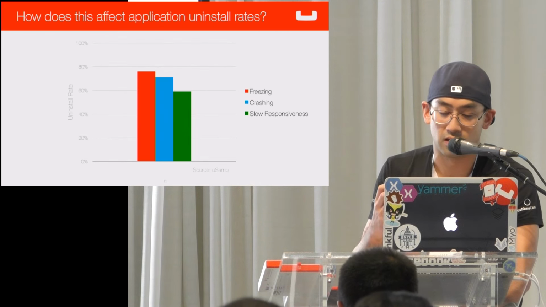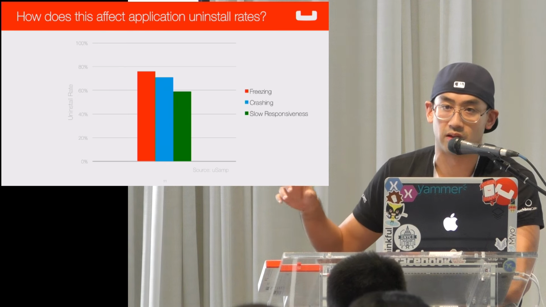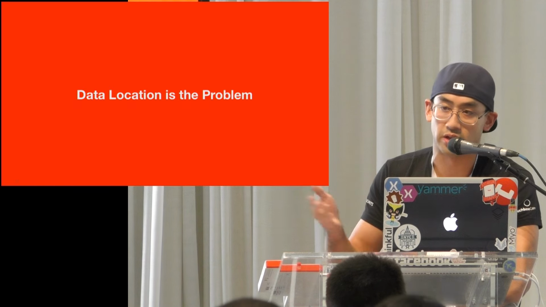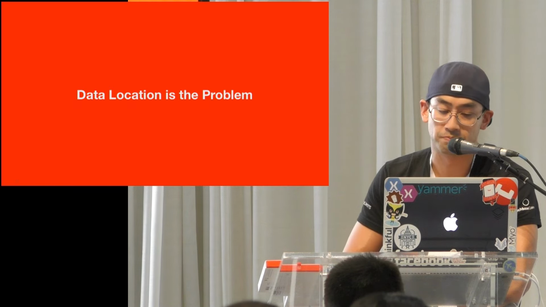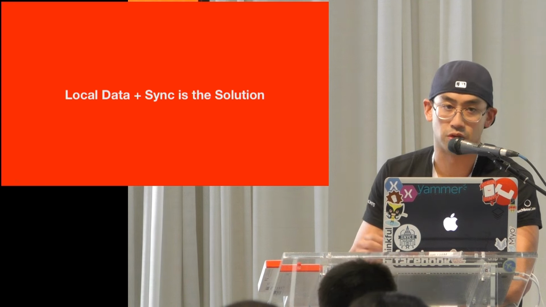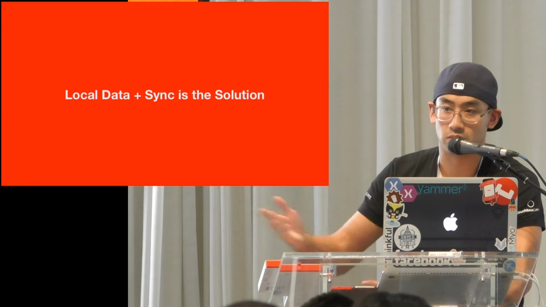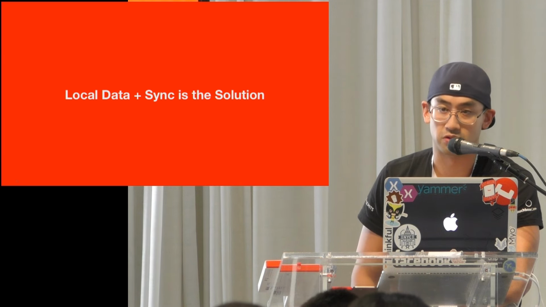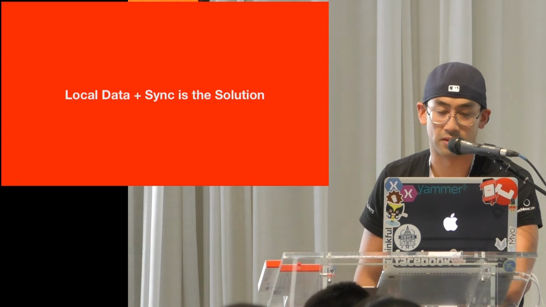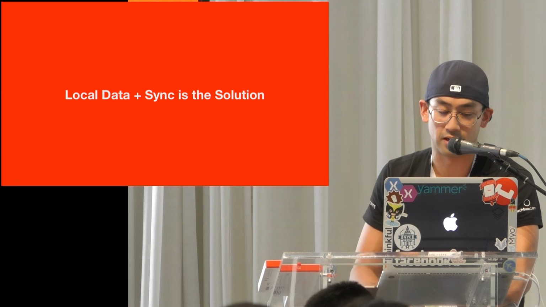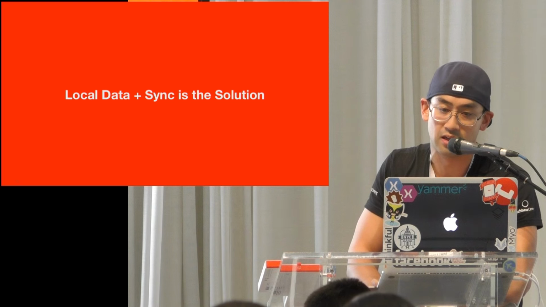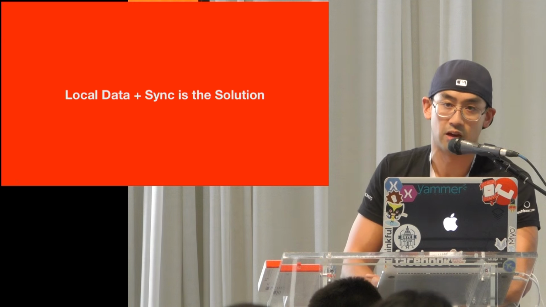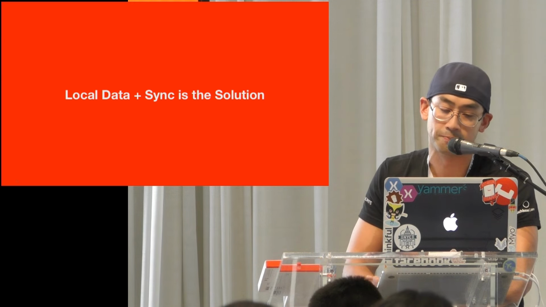And if you look at where this problem is, it's really about app freezing, crashing, and slow responsiveness, because the data location is the problem, it's somewhere remote. The solution is to create a hybrid solution, right? If you've passed by Firebase, it's also in this space. There are also a bunch of other projects and companies out there, only because IoT is picking up and mobile is picking up, and you just don't need to always do fetch calls. You sync accordingly. I'll be showing that in the demo. I'll also be showing peer-to-peer shortly.